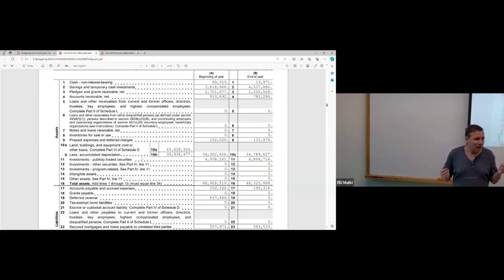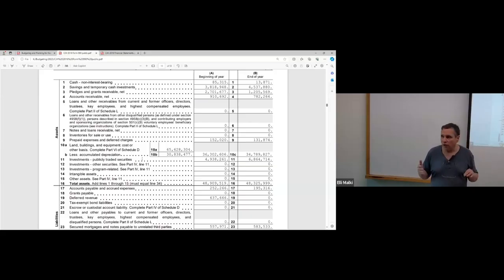So, for example, cars will have a lifespan of 7 to 10 years. Electronic equipment used to be 5 years, now it's shortened to 3 years, okay? Furniture, I don't know, maybe 8 years. Air conditioners, 15. Buildings, not the land, the building itself, usually 40 years. So there is a determined lifespan, and the depreciation is